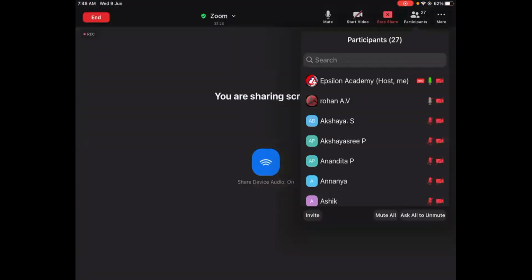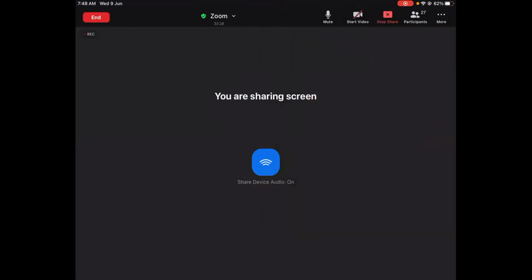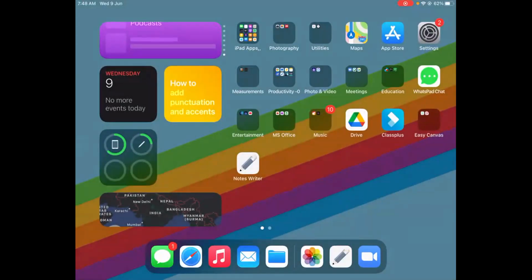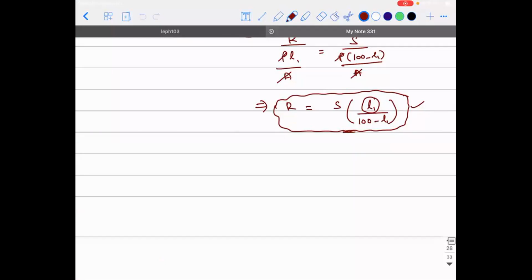So you were telling me why it can't be 50. Yeah. Did I explain that? If you put L1 as 50, then 100 minus L1 will also be 50. If I substitute it here, then R will be equal to S. So in this case, what is R? R is the unknown resistance, right? And S is the known resistance. So if the balance point comes at 50 every time, then if you know the known resistance, then by default the unknown resistance will also be of the same value. If that is the case, we need not do the experiment at all.